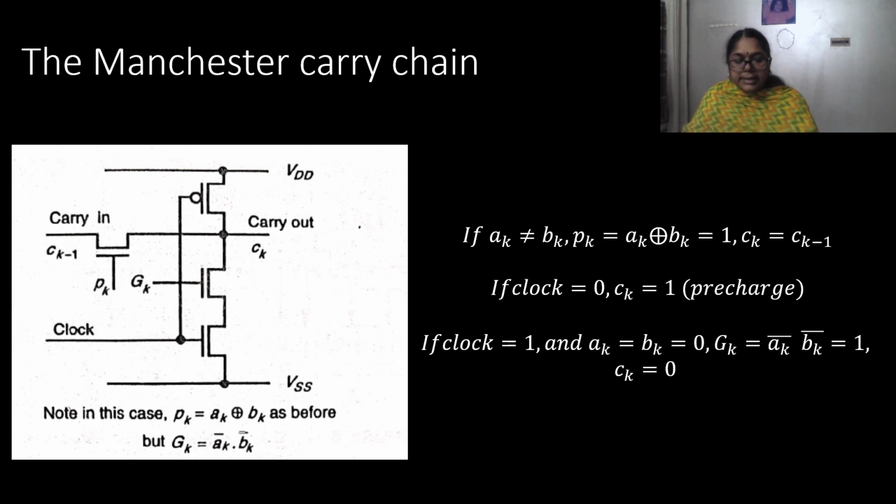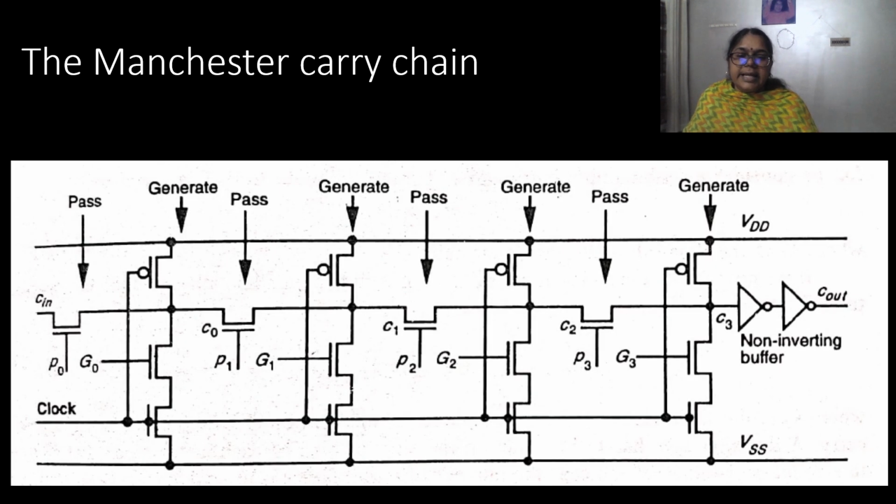So thus, when we are cascading the previous cell, then we can see that after every 4 cells or 4 blocks, a buffer, that is a non-inverting buffer, is connected so that the time delay is reduced. Now this is nothing but whatever circuitry we had seen for one cell carry generation, that has been repeated, or we have cascaded 4 such cells.